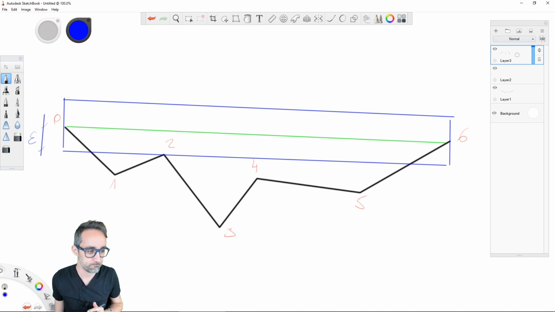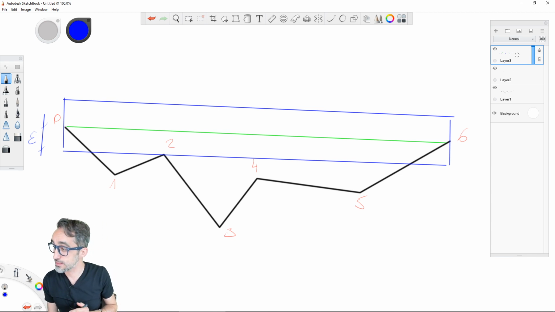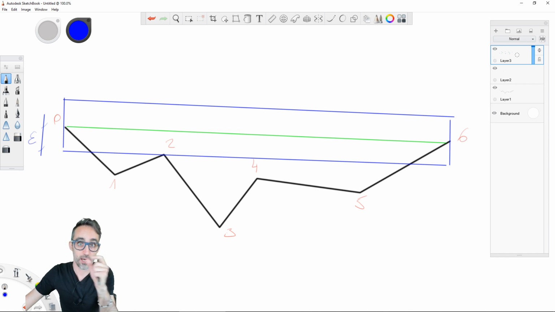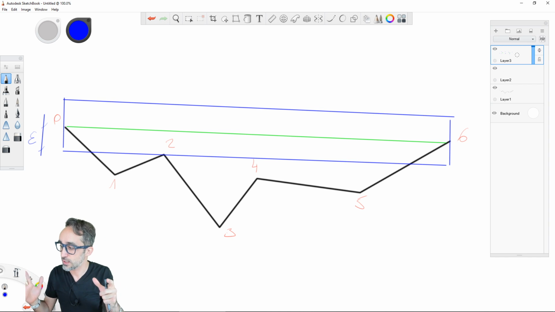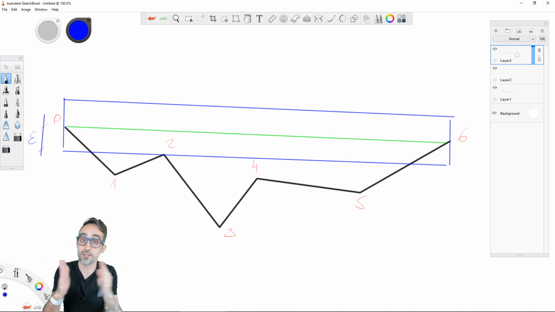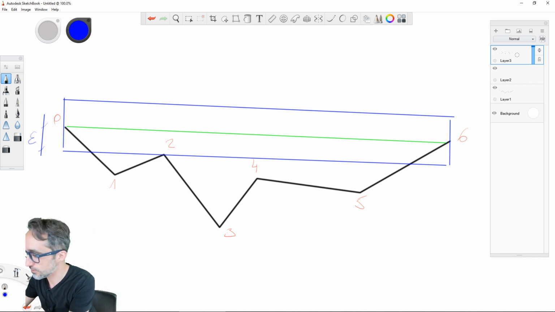Okay. What does that mean? It means that once we have chosen the first one and the last one, we want to calculate, among all the points in between, which one is the farthest away. For this particular case, it's very easy to see that the farthest away would be point number 3, okay?